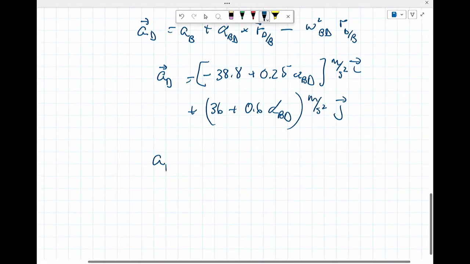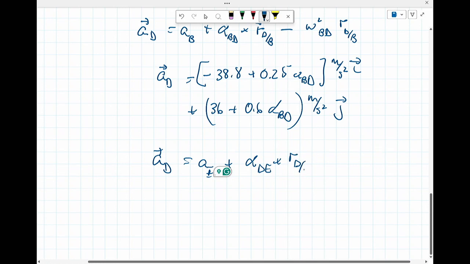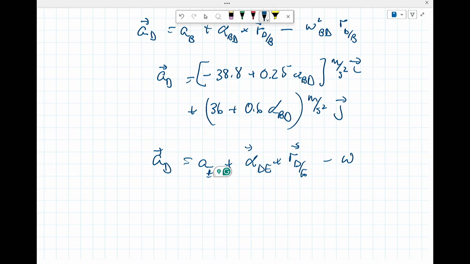Acceleration of D is also equal to acceleration of E plus alpha DE cross with R_D with respect to E, minus omega DE squared R_D with respect to E. Okay, that's a lot of things to write. And what I'm doing here is I'm saying, hey,